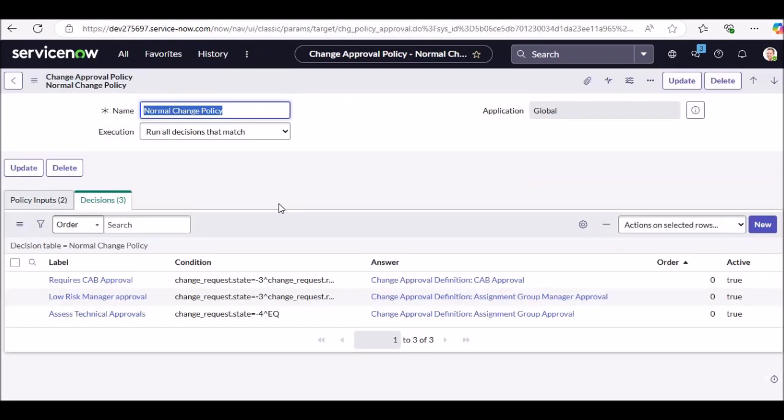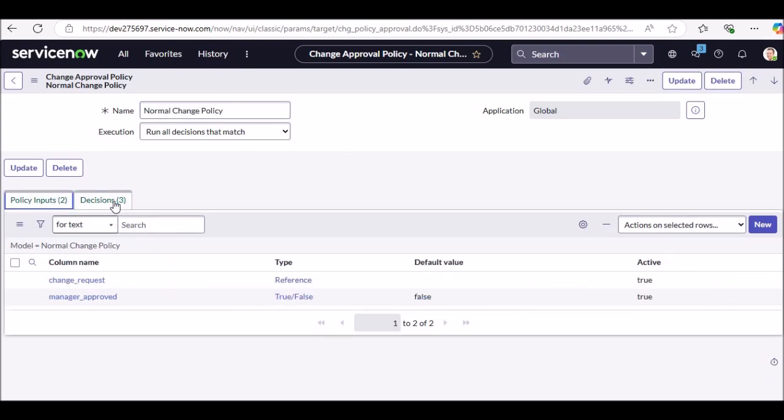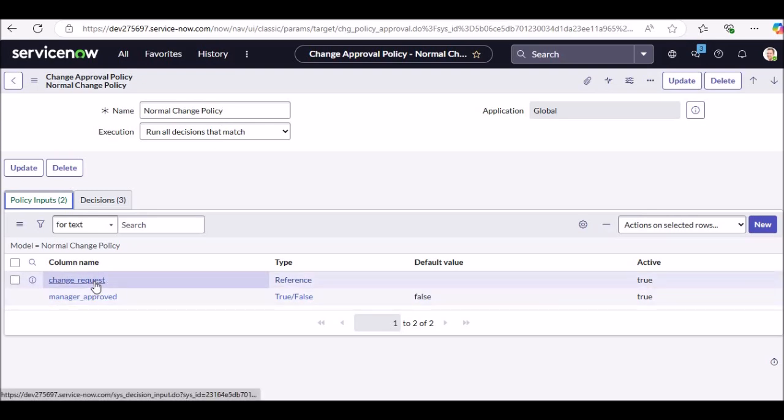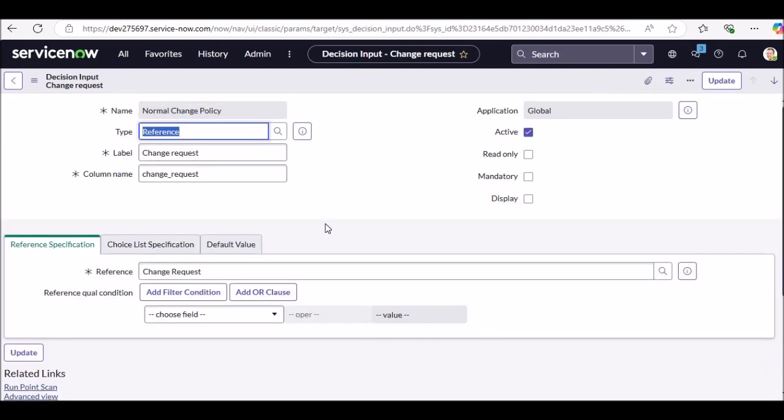Let's first understand what is written here. So this is the normal change policy. Here we have the inputs and decisions. As inputs we have change request and manager approved. If we click on change request, here we can see it is a record referencing the change request. That means whenever any change is created, at that point of time this policy is going